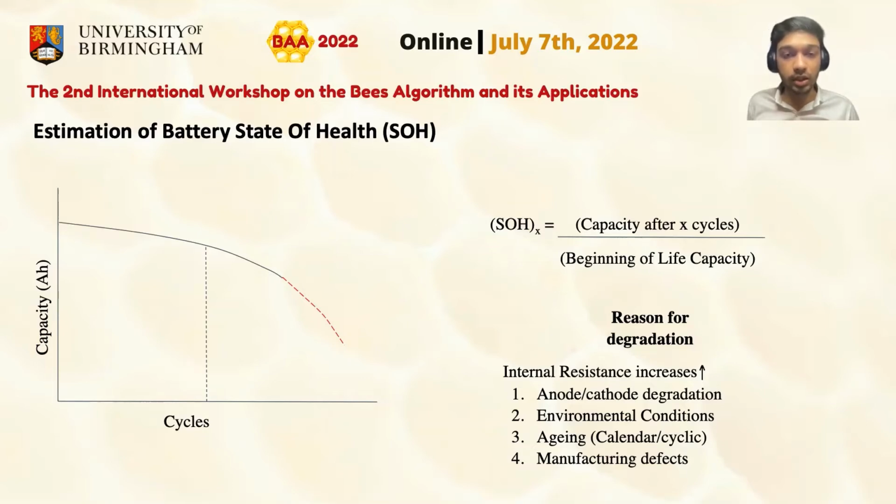gone through. The SOH of the battery is defined as the ratio of the present capacity to the capacity of the battery when it is just manufactured. It is observed that if SOH falls below 80% of its initial value, the battery is said to be unfit for use. The performance of a lithium-ion battery is directly reflected by the battery capacity produced by fully charging and discharging a battery cell. The reason the battery capacity deteriorates is the increase in the internal resistance of the battery